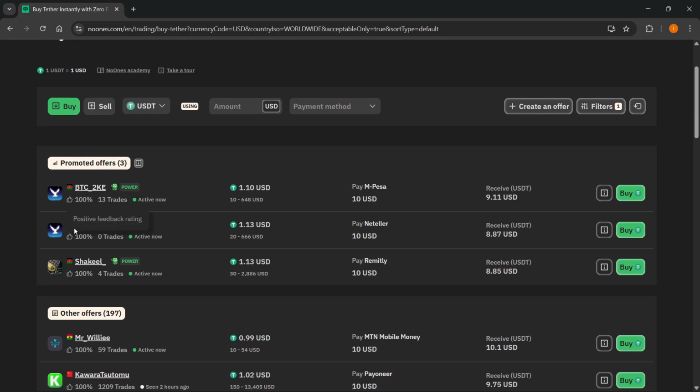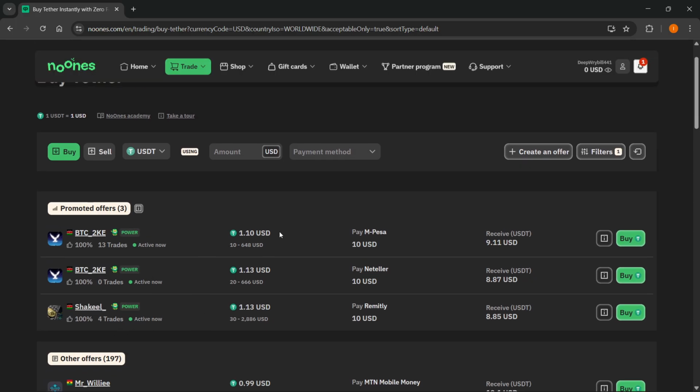Down here, you'll see different offers, the promoted ones, and the other offers as well. And here, you'll be able to see how you could buy this. So as you can see here, for example, this one is using Neteller, this one is using Remitly, etc. So there's going to be a bunch of different offers. Select the one that you like the most, and then just click on the buy button on the very right over here. And then, of course, you'll be able to see how much you have to pay and how much you will receive. So let's say we select this one, for example, you could just click on the buy button